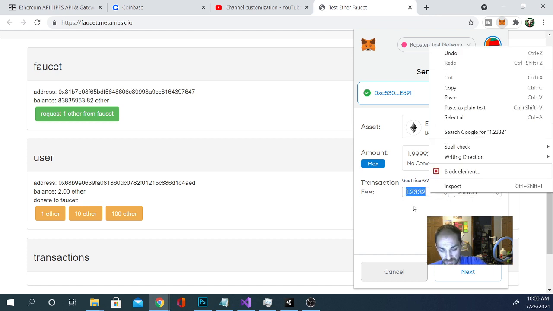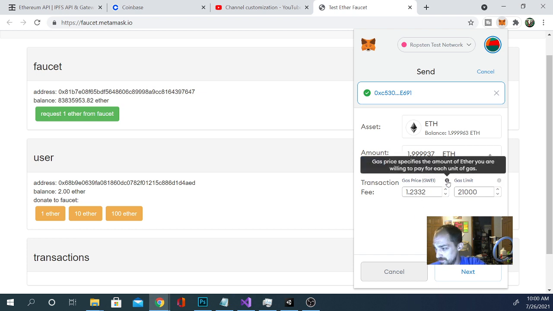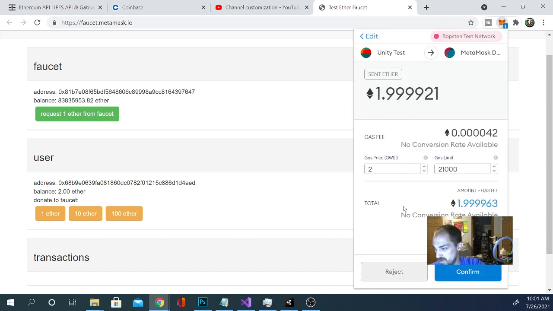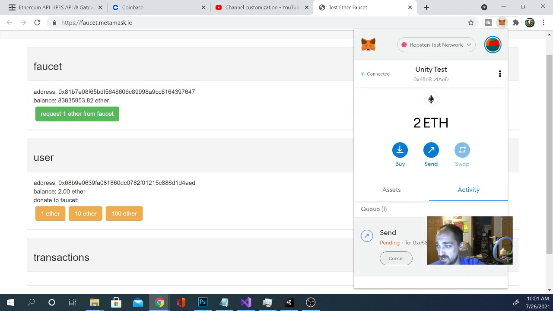Let's do 0.002, and the lower that amount, this gas price here, oh, in Gwei, that's why it's so high. Okay, so 1 is good. The lower that amount, the longer it's going to take, but the less money it's going to cost you for a transaction fee. So let's hit confirm,